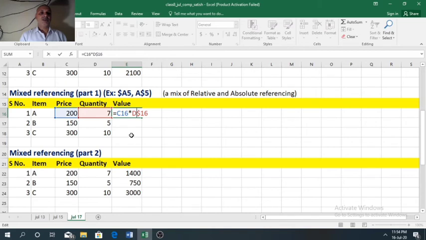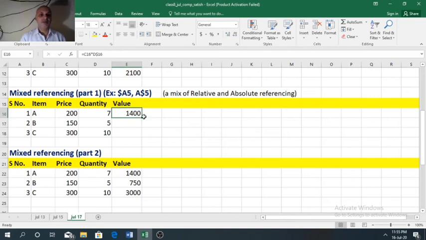So C16 is having relative referencing, D$16 is having mixed referencing. So C16 is multiplied with D16, 200 into 7 we have got 1400.